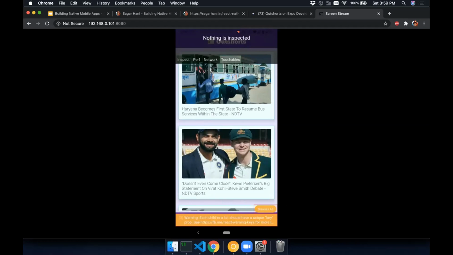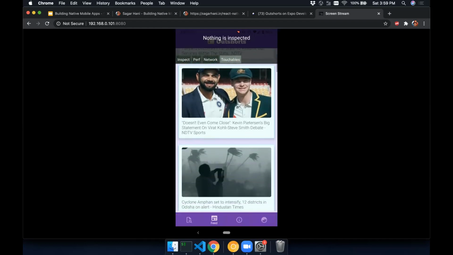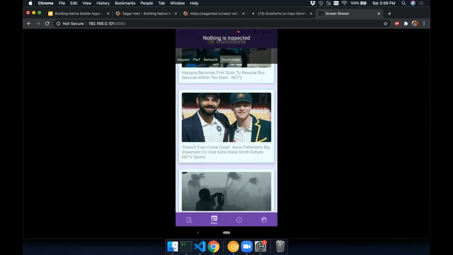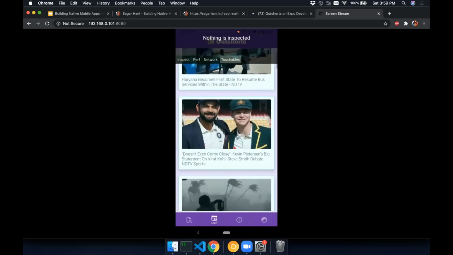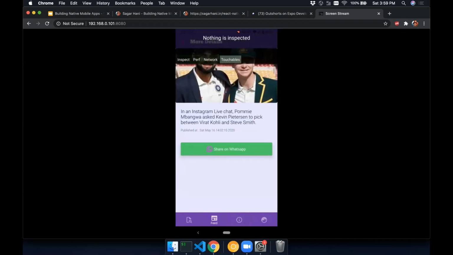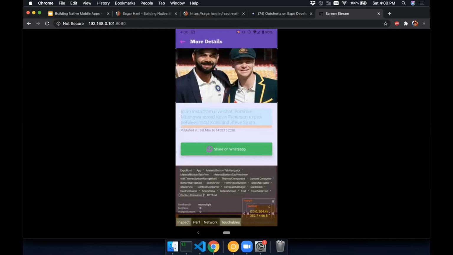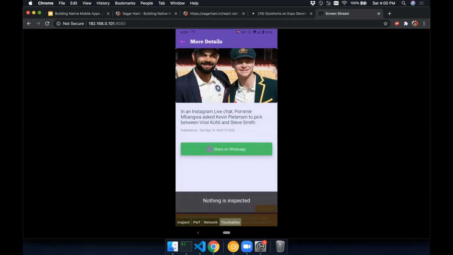So yeah, regarding touchables, you can see that the card design has a teal kind of border. So that indicates that, okay, these are the components which can be touched. And also on the bottom navigation, you can see a maroon kind of border, which says that okay, these are the touchable components. So that means if I touch on that, it will go to a new screen where again it shows what are all the other touchable components, and those will be highlighted. Like here, the back arrow is highlighted with pink because that's a touchable component. So I'll go to the back screen.